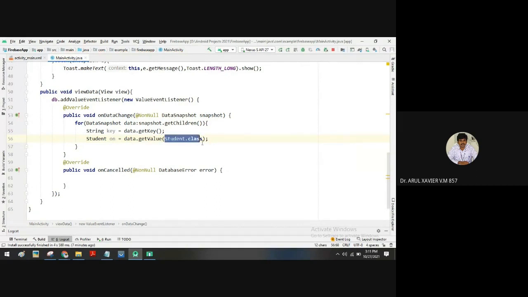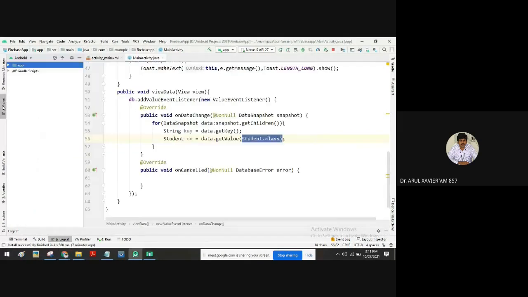What happens in this line is that one Student object will be created automatically by using the empty constructor.